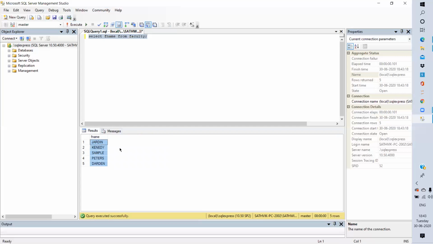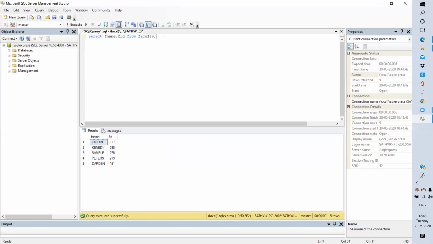So it retrieves the data from the faculty table, the names of the faculty. Or else we can retrieve the data of two columns or many. You can put a comma and FID, faculty ID. Here is the table.